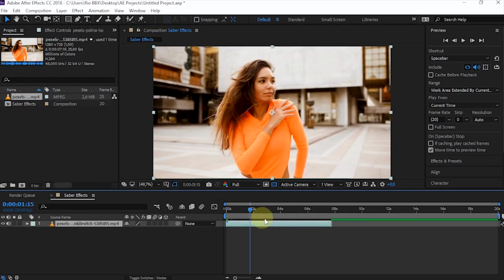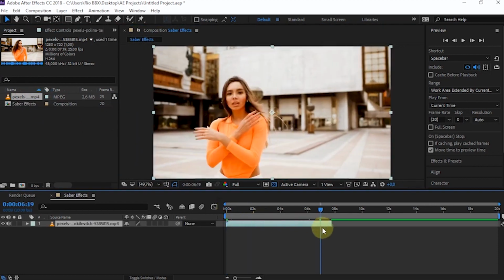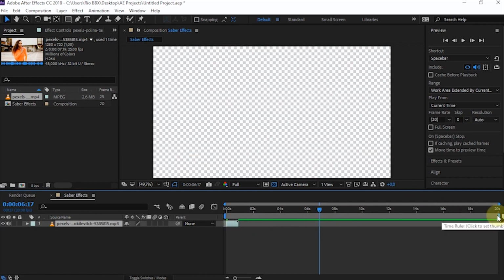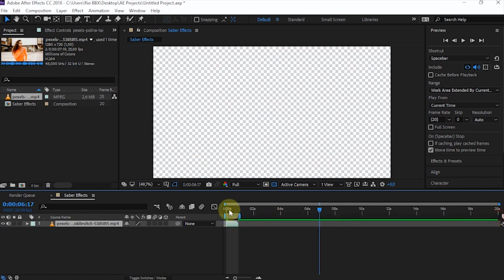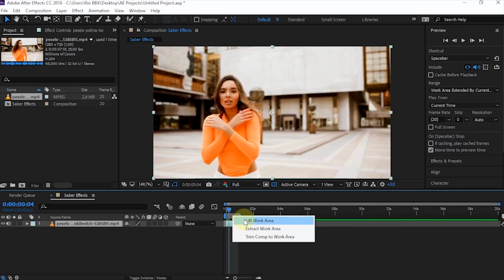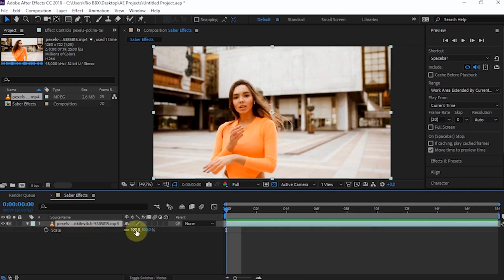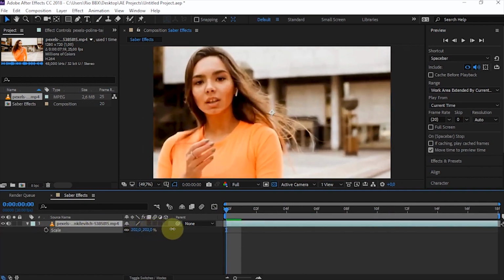After the video clip is included in the timeline, I will trim the duration of the video so that it isn't too long. For a clearer look, I'm going to rearrange the position and scale of this clip.